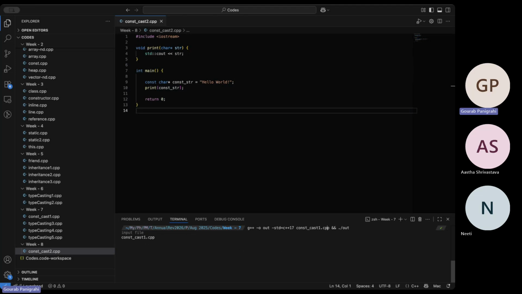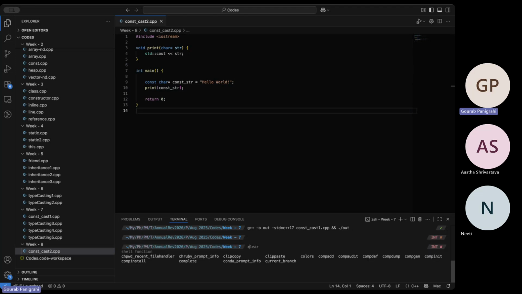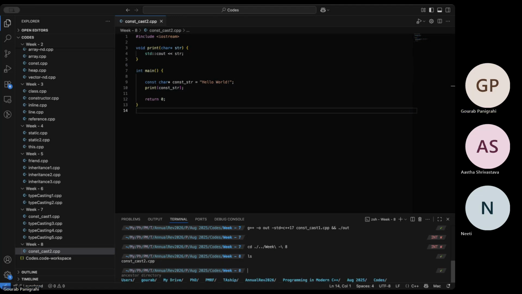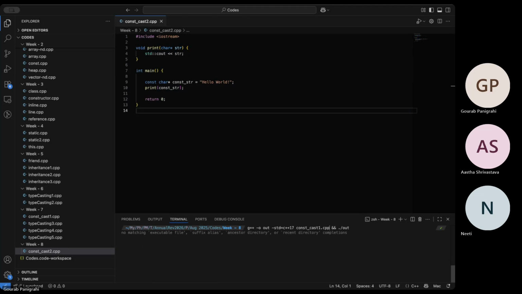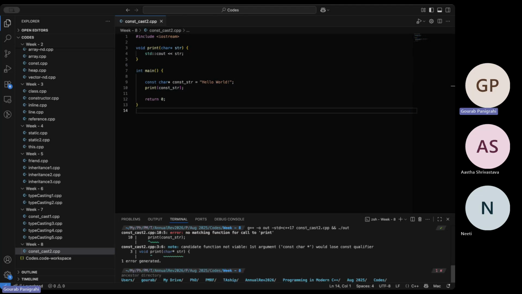So go to the other folder. I'll just try to compile this now. Yeah, so that actually is the expected behavior. It throws an error that it cannot find a corresponding function print. Essentially, it expects specifically a character pointer data type as input, but what we're passing is const character. Ideally, yes, the expected behavior is that it will just take const character, hello world, and print it because